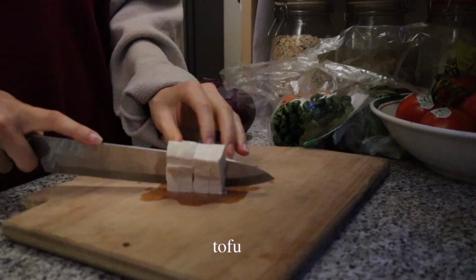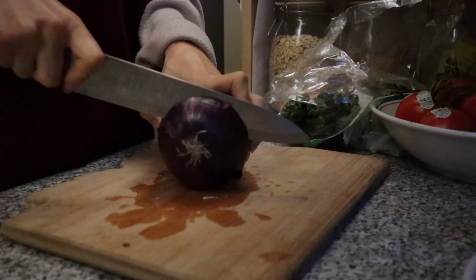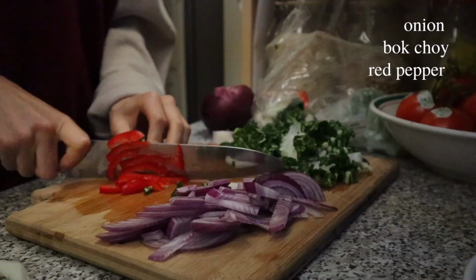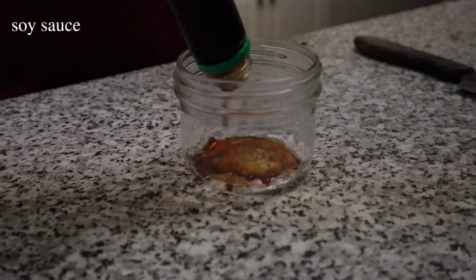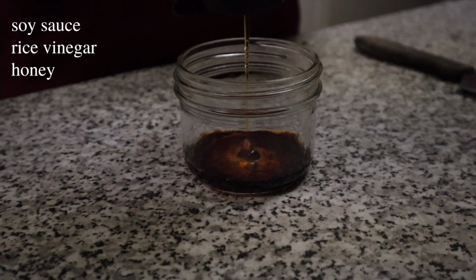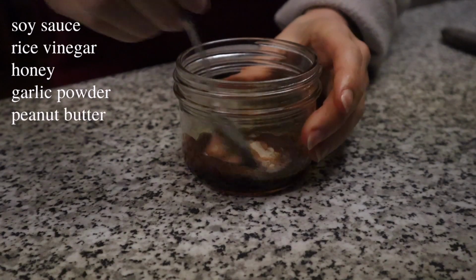And for dinner on Tuesday, I made one of my go-to favorite meals right now. It is a tofu and noodle stir fry. I just started by chopping up a bunch of veggies. I did red onion, red pepper, bok choy, and broccoli. I just started by adding some coconut oil to my pan and sauteing down my onions. While those were cooking down, I just made my sauce really quickly with soy sauce, rice vinegar, honey, garlic powder,